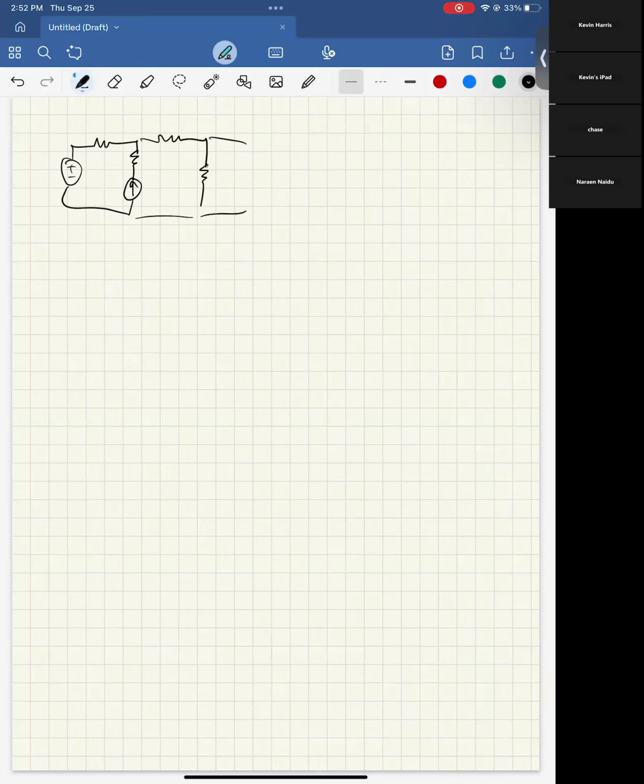And we wanted to connect this to some other circuit over here, right? And this is the circuit we really care about. This is just something we're attaching to it. Then what we'd want to do is figure out,